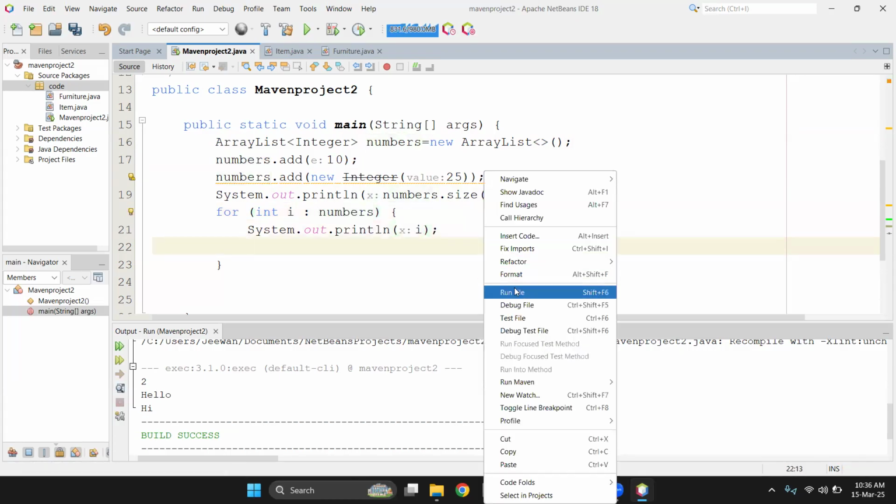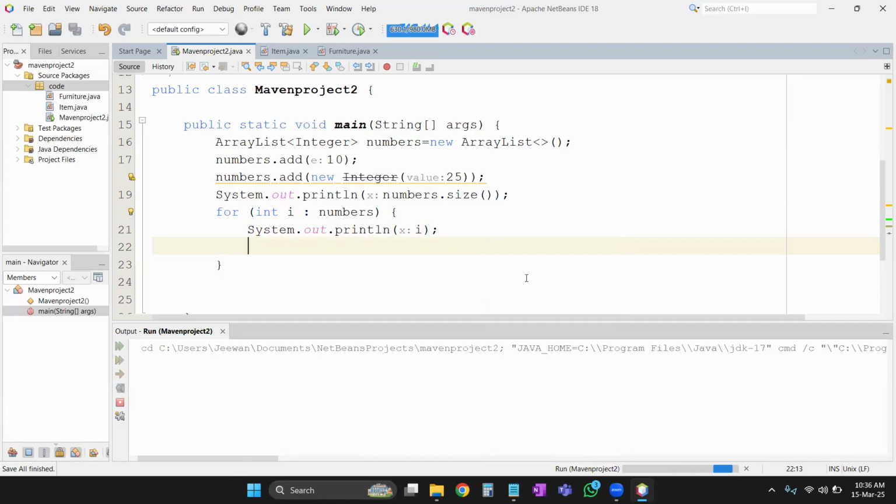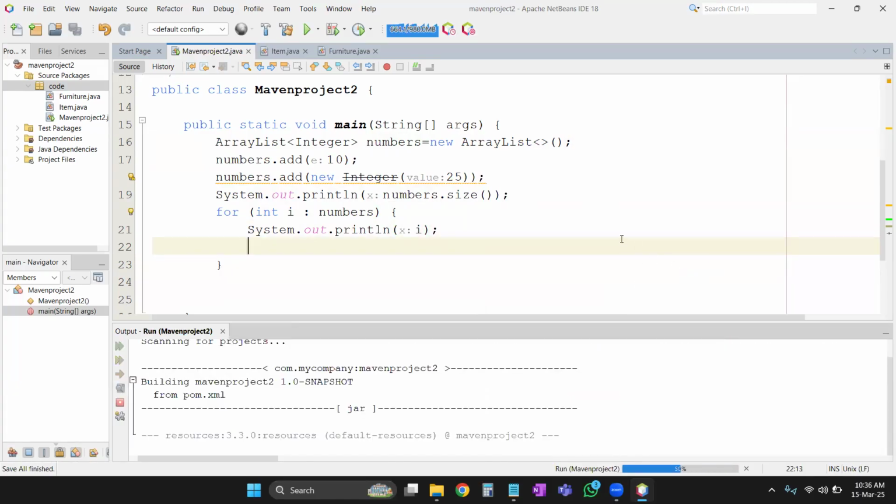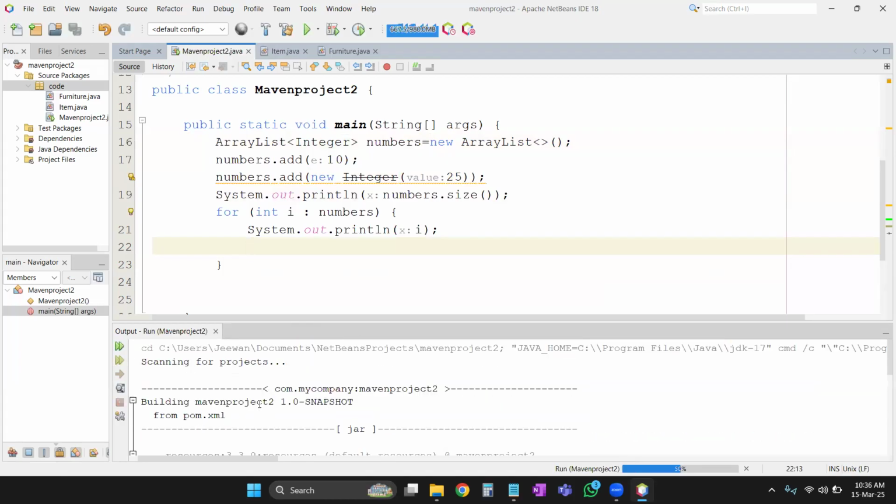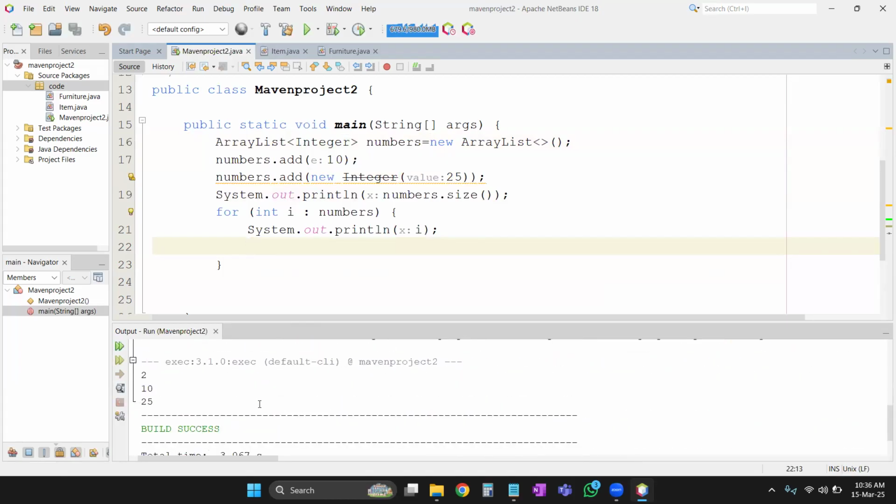Now, remember, you can't use the primitive data types when you are declaring the array list. If you want to use the primitive data types, you have to use the wrapper classes of those. So basically, you need a reference. Now, I have been talking about the array list. If you want to remove also, let's say numbers.add, numbers.size, and then if you want to remove,